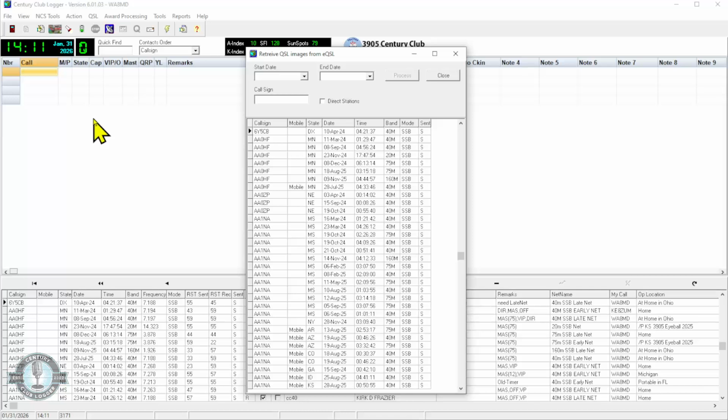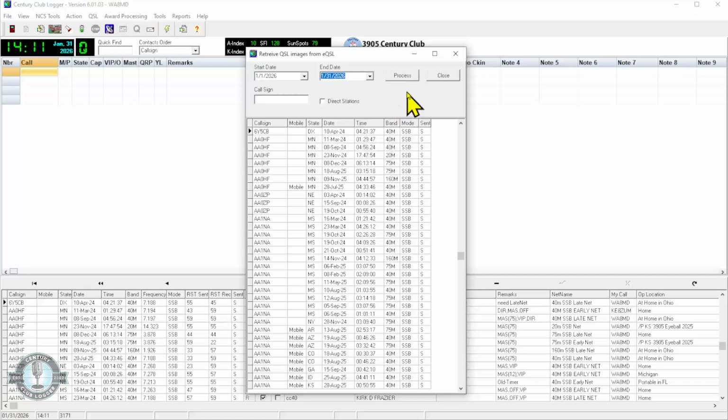Your search for eQSL images is calendar based. So you basically decide what time span you're going to use for looking for eQSLs. Now this is something that I do monthly. How you do it is up to you. You may have never done this search, and so you may want to expand that. So for me, I'm going to go from the first of the year. I'm going to go from January 1st of this year by clicking the start date. Then on the end date, I'm going to click today's date, which is the 31st,